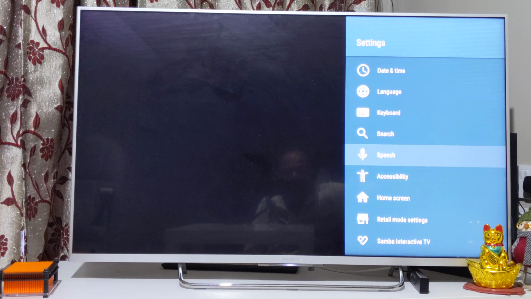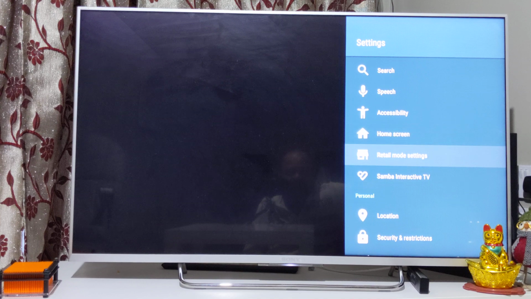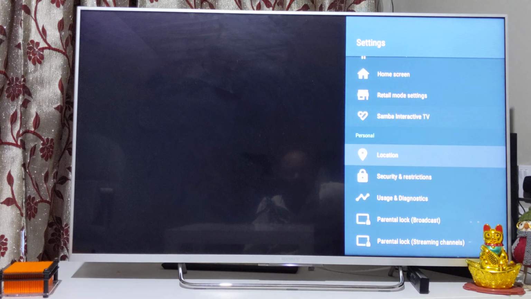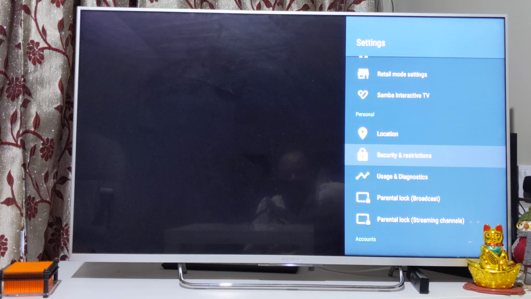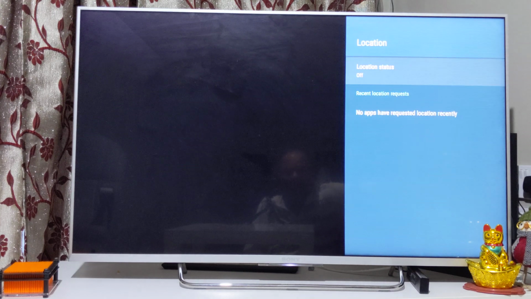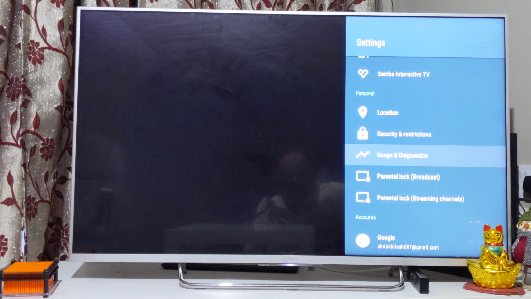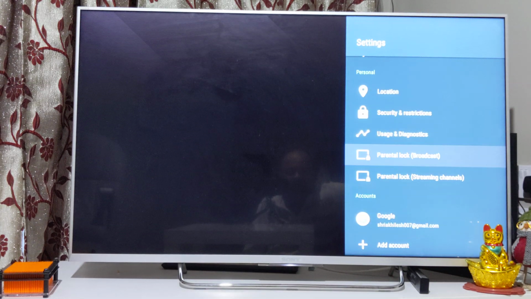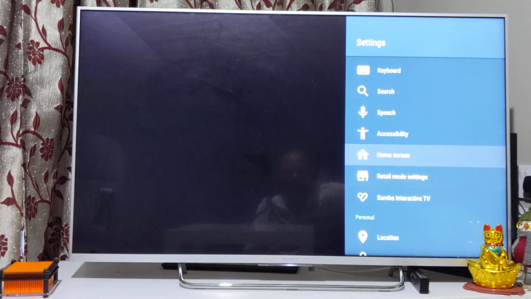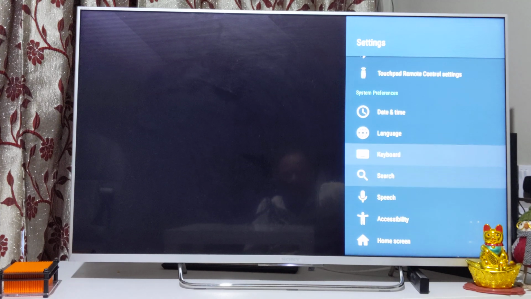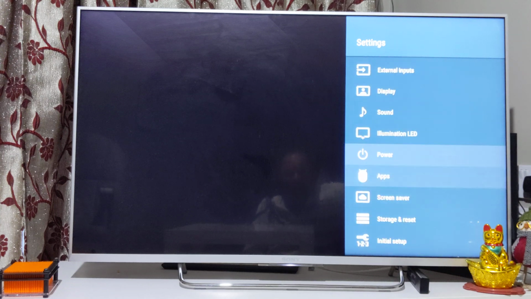Speech allows you to do things with Google. We can talk and then it would search for it. Google Assistant, I was going to say. Soundbar, interactive TV. Location you can set or you can switch it off. Security restrictions, but the thing is location, setting up location and allowing it to find yourself, and putting too many security restrictions, sending usage diagnostics back to Android. The problem with that is that there are a lot of processes running in the background, and that slows things down. So if your TV is slow, I would recommend you switch it off. You just enable only what is required, and switch off what is not required. More importantly, if you come here to